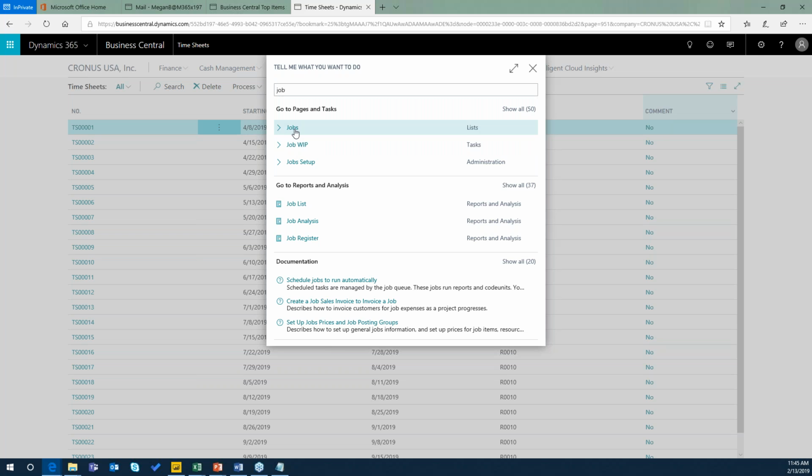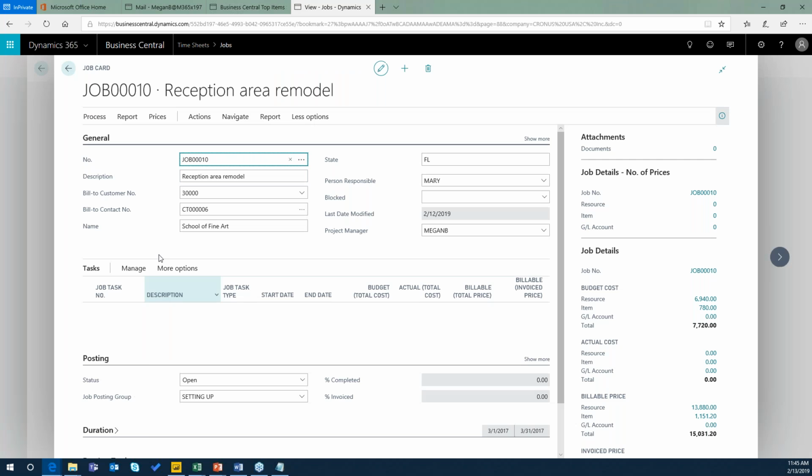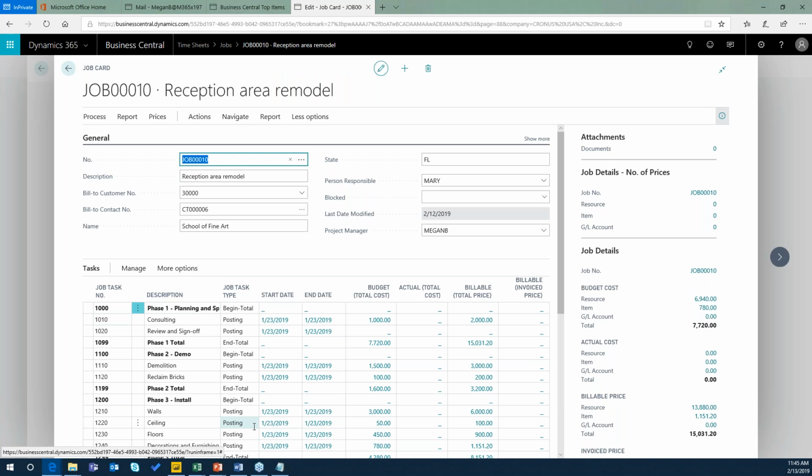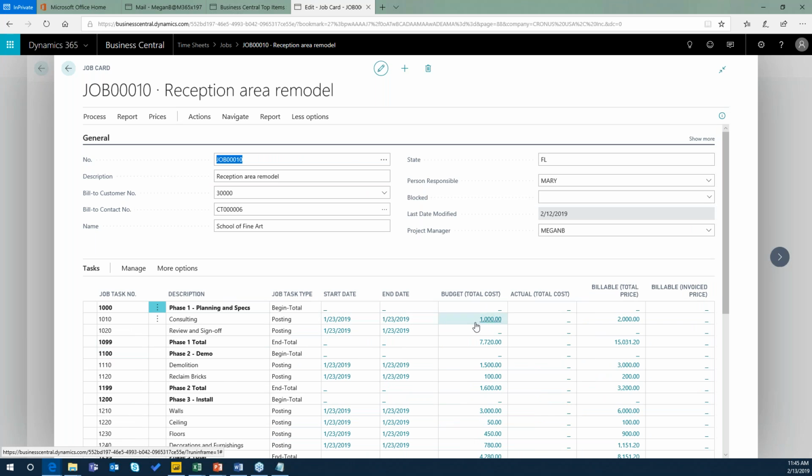So the way that project management works in the system is we create a job, and on a job we can get right down to job planning lines. So maybe you're running a print shop, or maybe you're running some sort of organization where you're actually planning out these jobs to be delivered. We can do start and end dates and budgeting totals and run reports on that. But again, through this integration with the Office products, one of the biggest things we're going to find